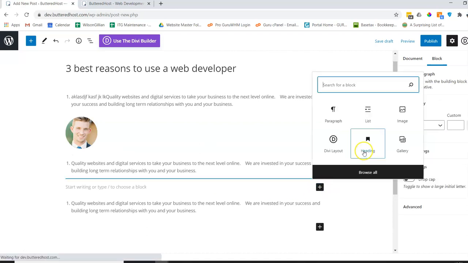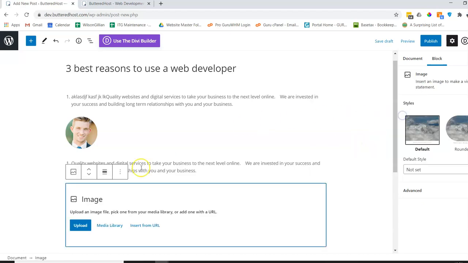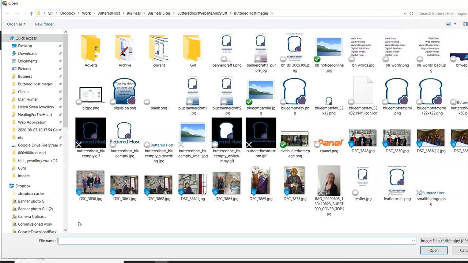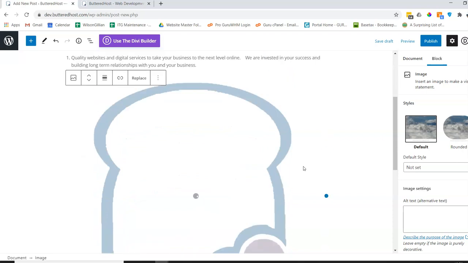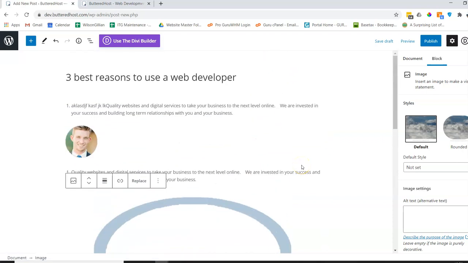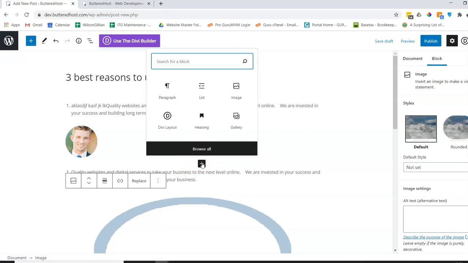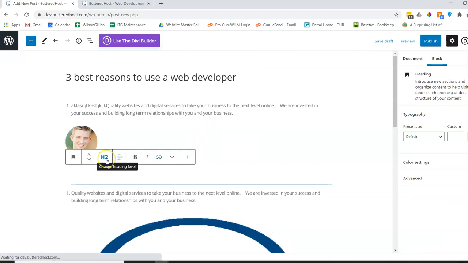And let's see, I'm just going to do another image maybe here, but I'm going to upload one, I think, because I think it's probably really important to have a nice butter toast in there. Oh, it's a big one. There you go. So you can continue on doing that if you're wanting to put in, say for example, above here you think, well actually I want a heading in here, so I'm going to put a heading in here, and you can see it's got the heading level changed to H2,